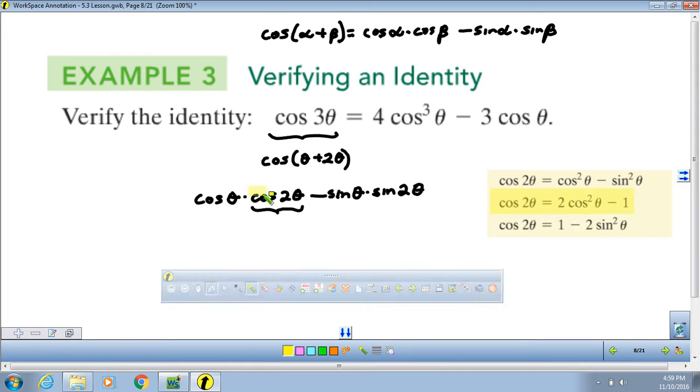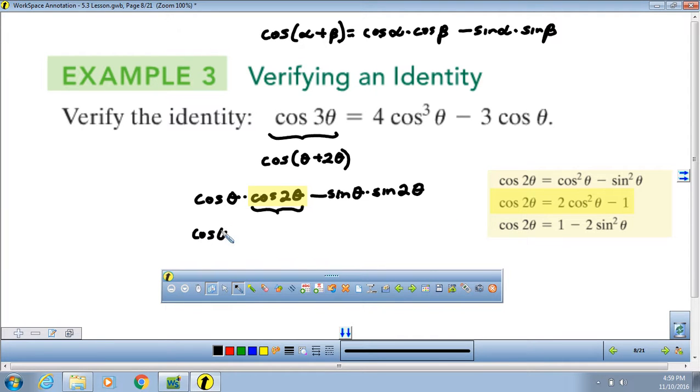So I can use that formula to rewrite cosine of 2 theta using only cosines. So cosine of 2 theta, we can rewrite into 2 cosine square of theta minus 1, right? Minus, and then